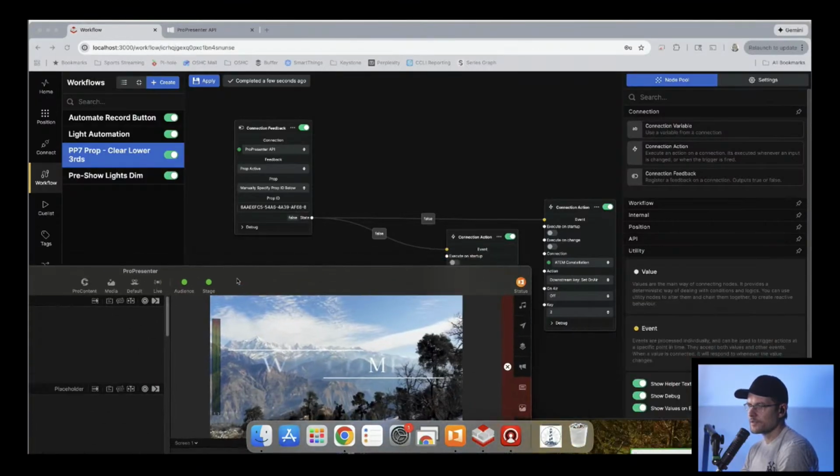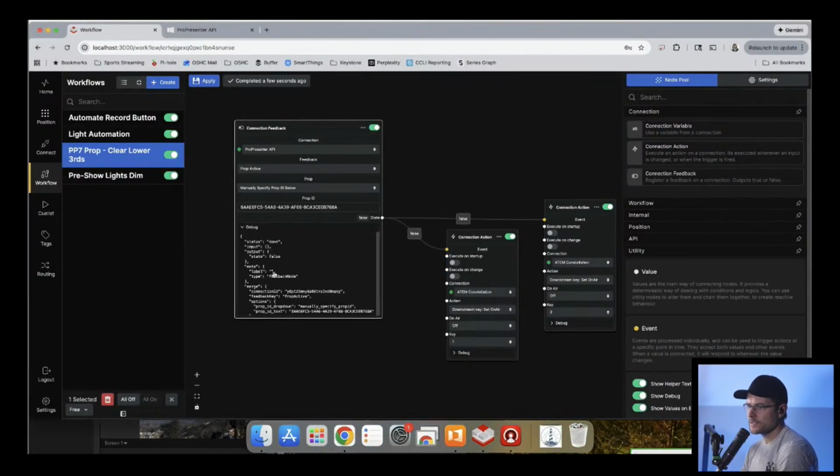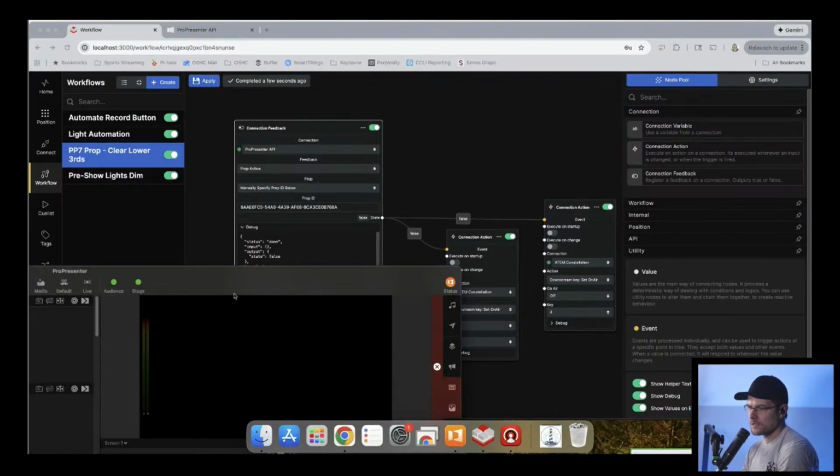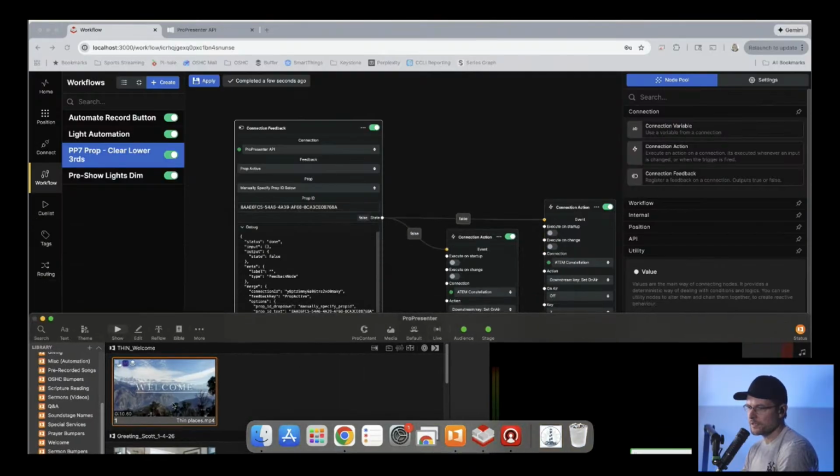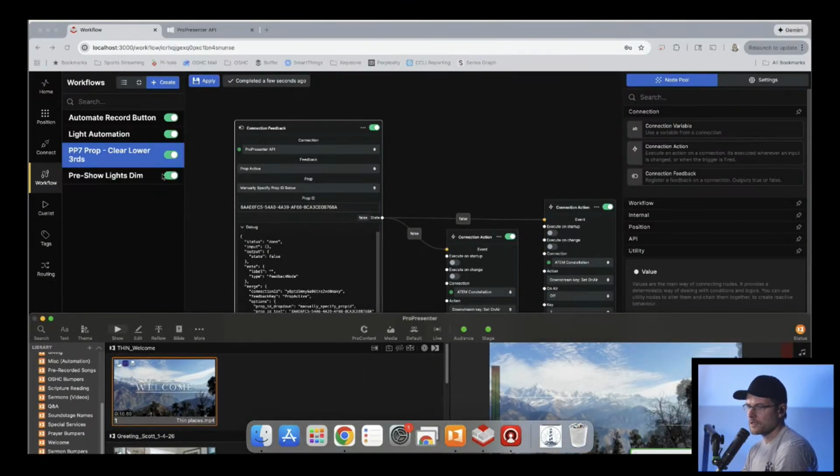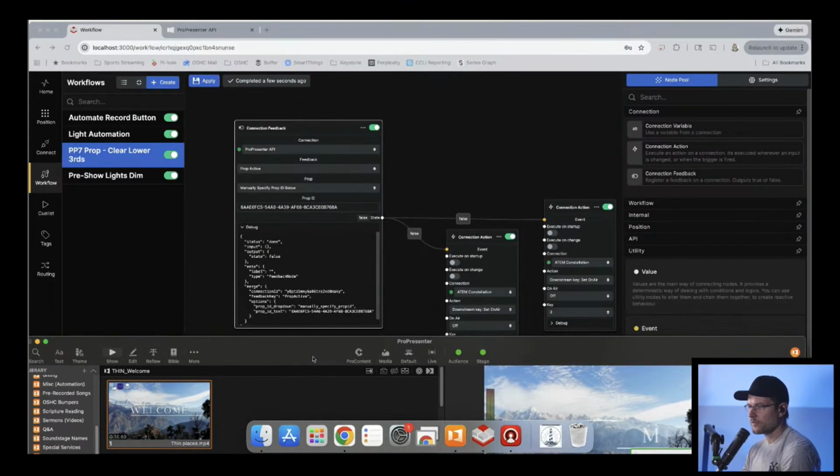Nothing. If I say debug, it shows me the information that I'm expecting to see. It just doesn't show me. Why isn't it clearing lower thirds?